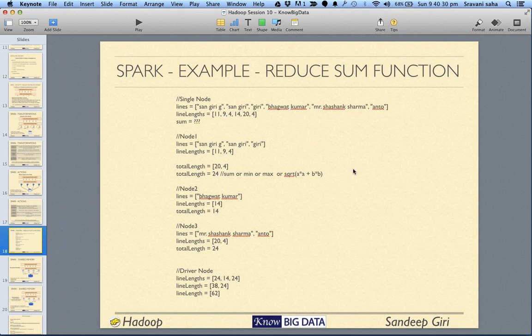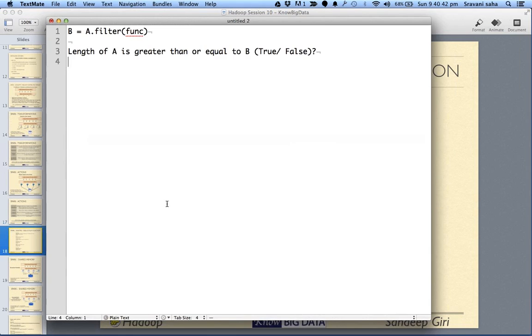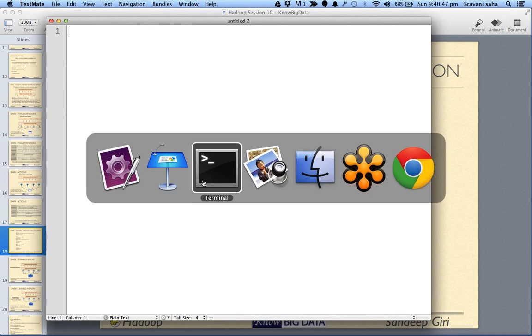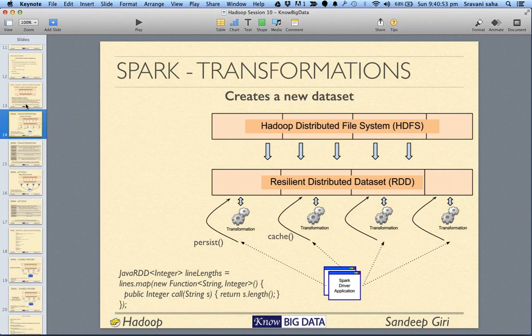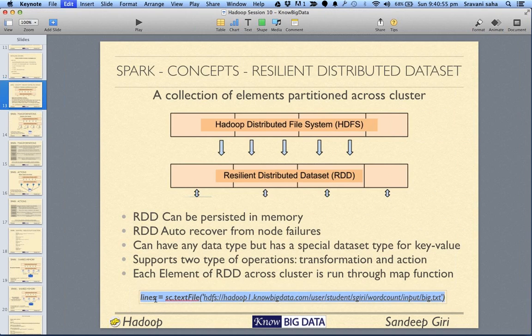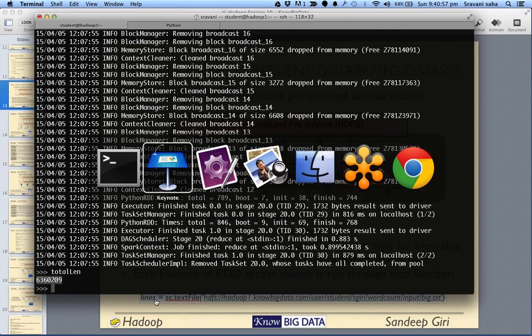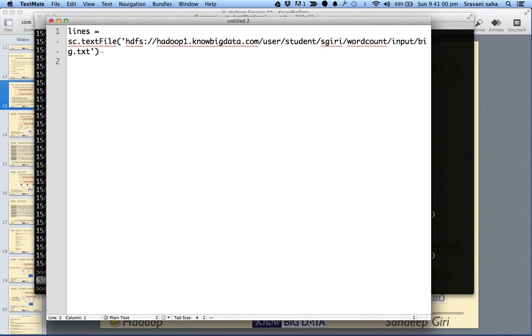So now at this point of time we are well equipped to do the map reduce and do the word count problem using Spark. Okay, so let's do it quickly. I will basically try to write the code. So let me just pick up the stuff which we already have. So let me write everything again.